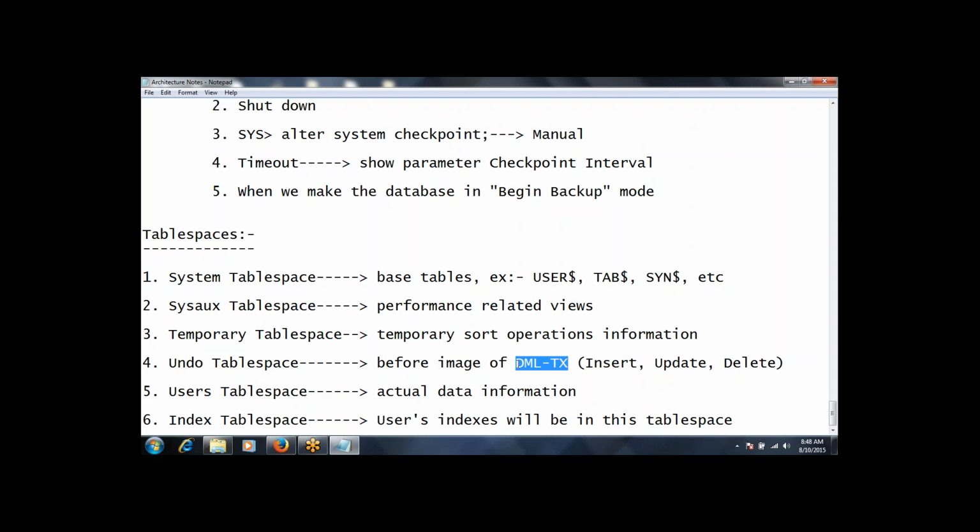This concept, I believe you are aware, right? Yes. Okay. So that is about your undo table space. Next, the users table space. Here we have our actual tables; your client's information and business data will be here. Correct? Actual client data, custom tables. Next, the index table space. Whatever tables we have in the users table space, for those we create corresponding indexes. Correct? So those indexes will be in the index table space. So each table space has its own importance.